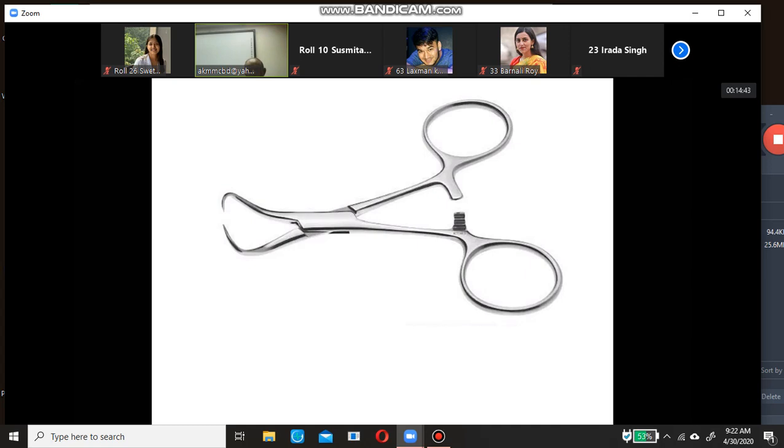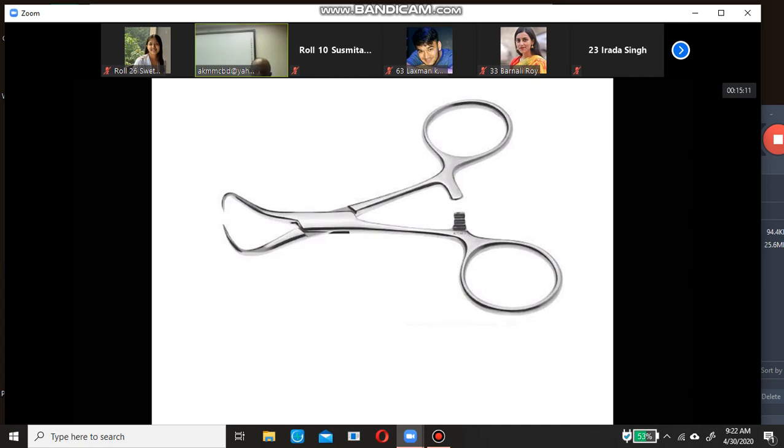Suppose you are dealing with a fractured bone and a very small piece of bone, which you cannot hold by your hand. You can fix it with this. In injury to the thorax, we can hold the rib and pull it out.